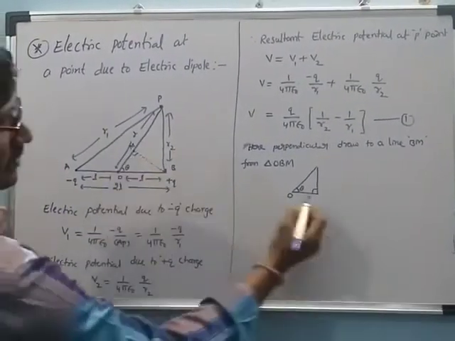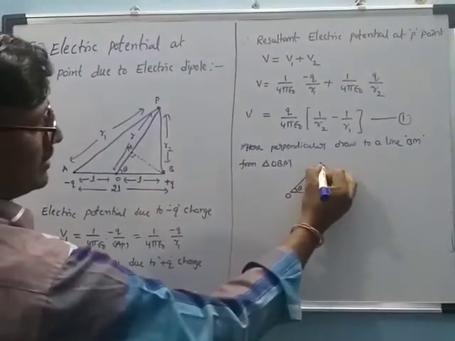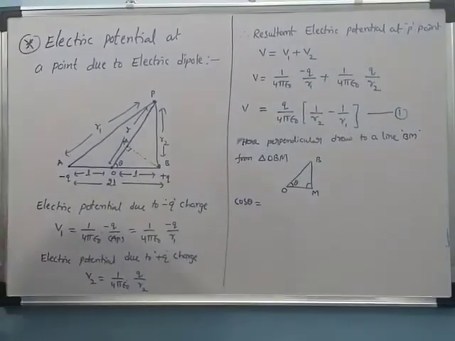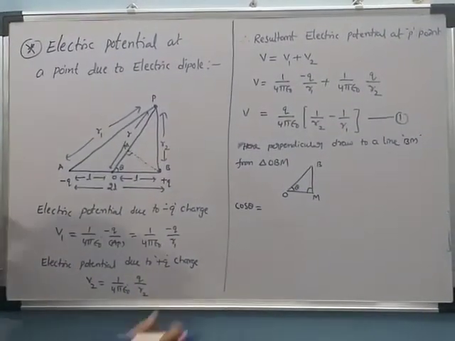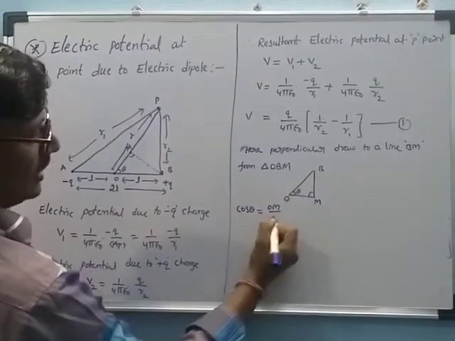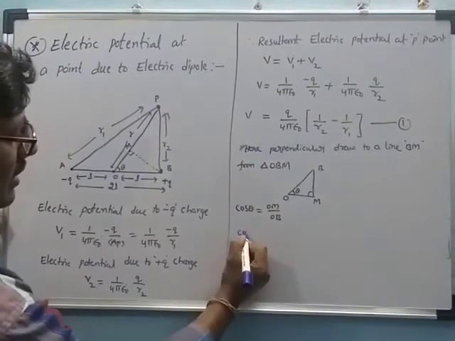See the perpendicular. Where is the point? Here the M. And here another point is B. Apply cos theta. What is the principle for cos theta? Adjacent side by hypotenuse. This adjacent side is OM and the hypotenuse is OB. Then we can write cos theta is equal to